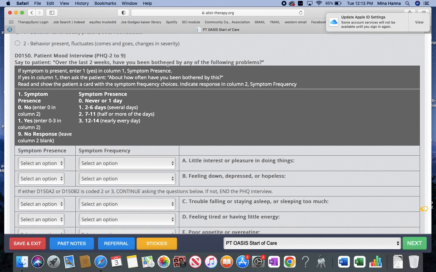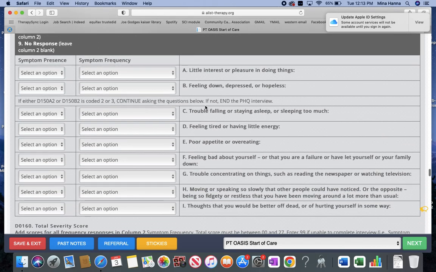Over the last 2 weeks, have you been bothered by any of the following problems? This is pretty much the depression kind of questions that they ask. So you're just going to answer a lot of this again. You'll be able to know that most of your patients are going to be able to respond to you